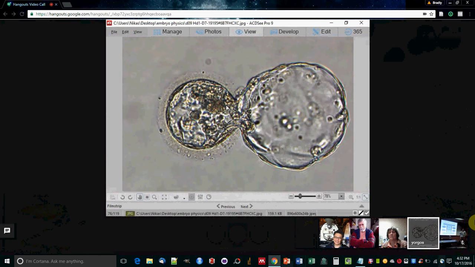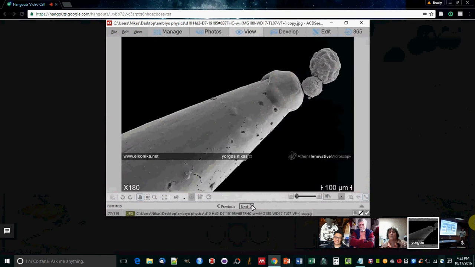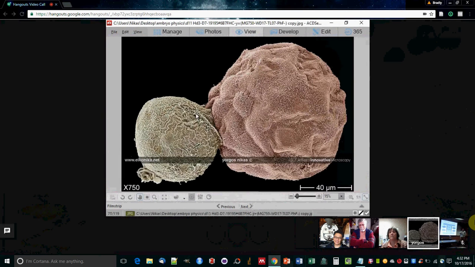Yeah. This is now more advanced hatching, we call it figure of 8. Here is the embryo, here with colors from my wife. My wife is a designer and she has helped me in this work. This is the embryo and this is the zona pellucida. So it could not stay longer here. It wants to expand, and